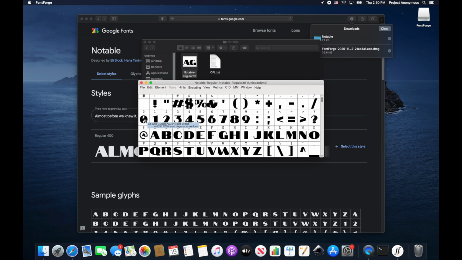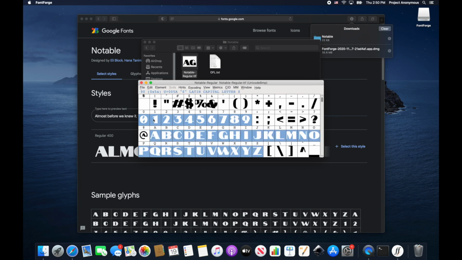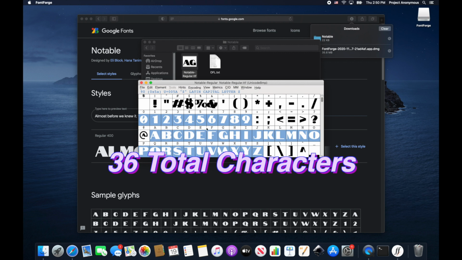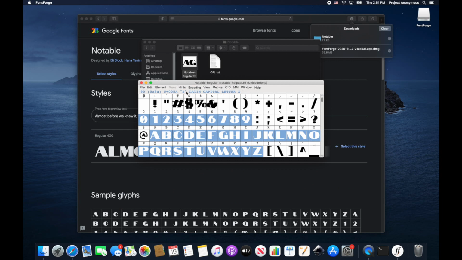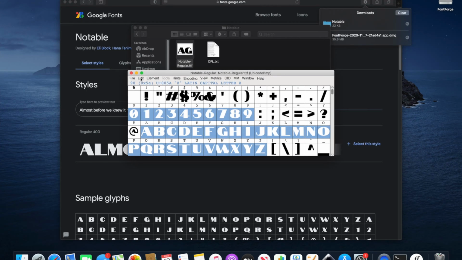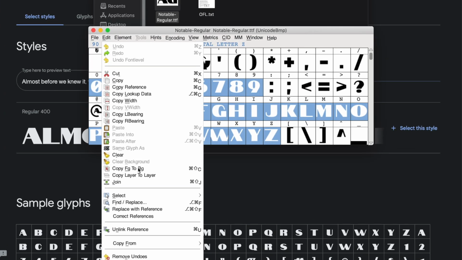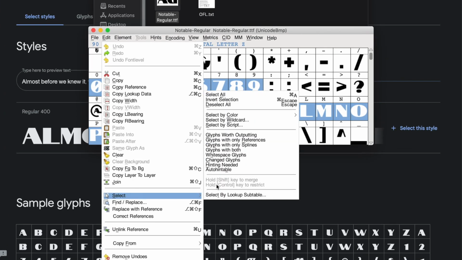So if you hold down Shift, you can select multiple. We're going to select the ones that we want to keep. So we have 36 total selected, which makes sense because we have 10 numbers and 26 letters. And what we're going to do now is invert the selection so that we can delete everything else out of this file that we're not bringing over into Inkstitch. So to do that, we're going to go to Edit, and we're going to go to Select and Invert Selection. And that's going to highlight